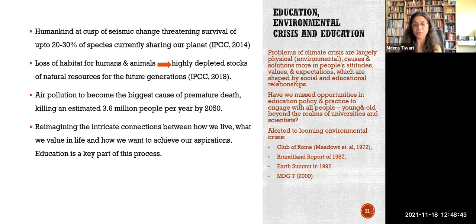This is the Brundtland report of 1987, the Earth Summit in 1992, and of course then the MDG focus in 2000. And just some of the figures that I talk about in the chapter: if we continue how we are moving forward with the carbon emissions, our lifestyles, our values, then 20 to 30% of the species are endangered. And this is the IPCC report 2014. There is an update. The next report has come out, but this data remains